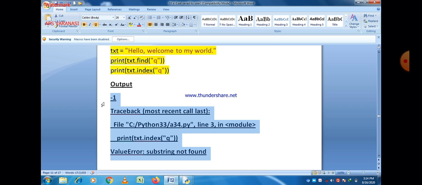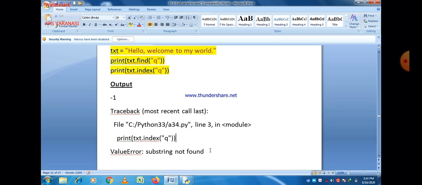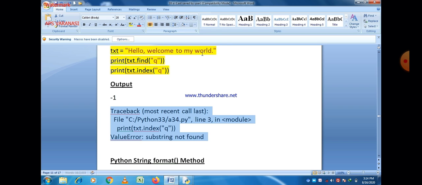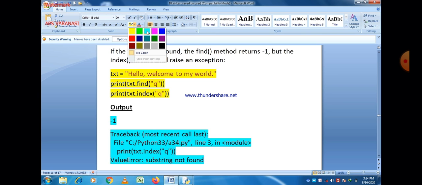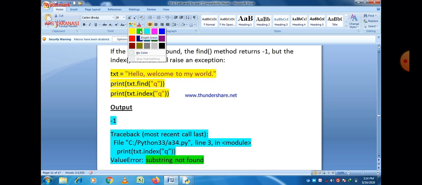Using the find method we get the value -1, and using the index method we get a ValueError, substring not found.